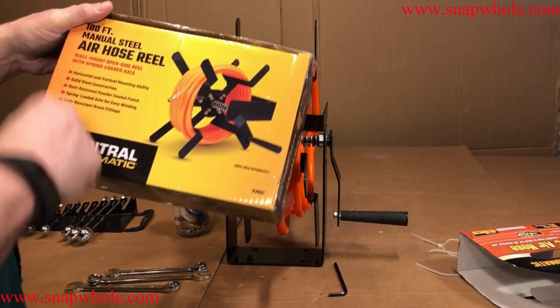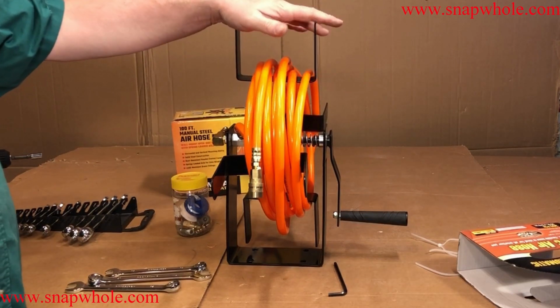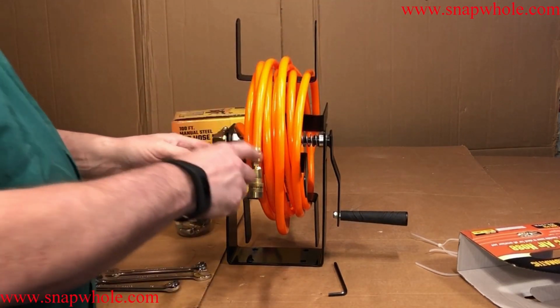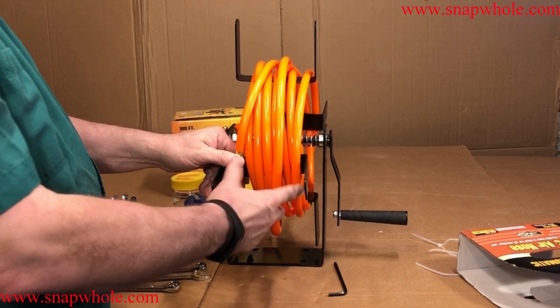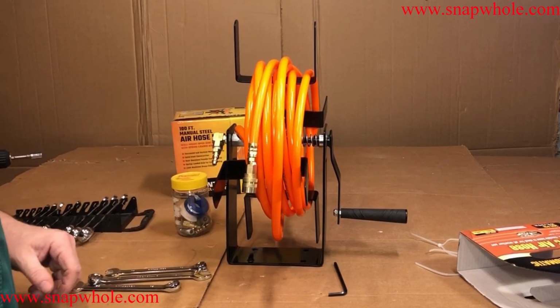Okay, so 100-foot manual steel air hose reel. Got this for $14.99. I think it's well worth the price. I put 25 feet on it, and it's about a quarter full, so I think you could probably get 100 foot on this. Very useful product, well worth the